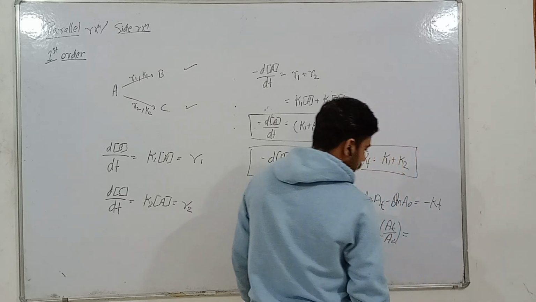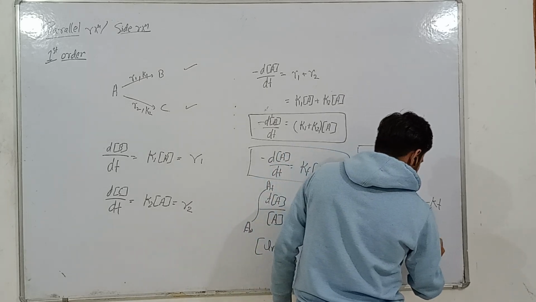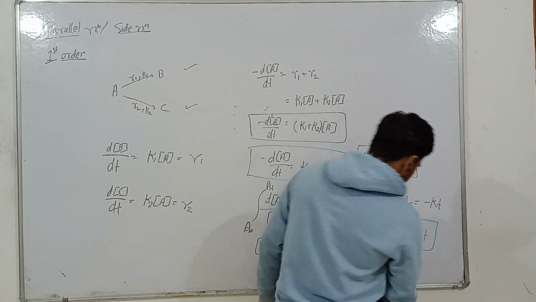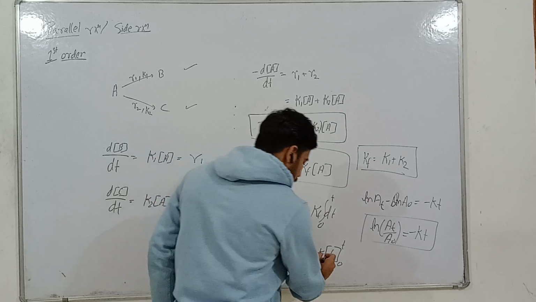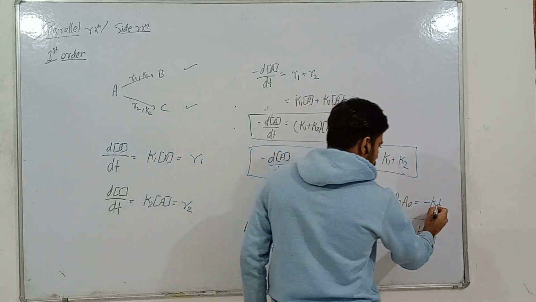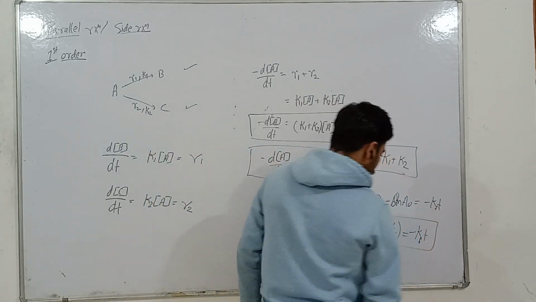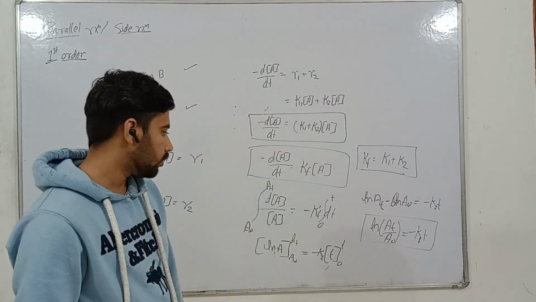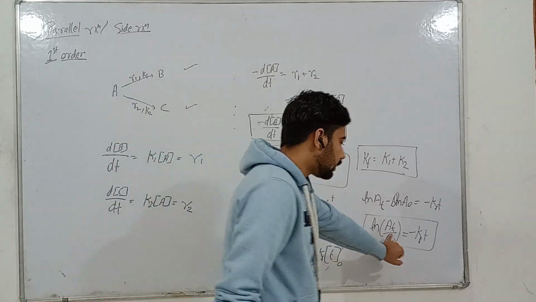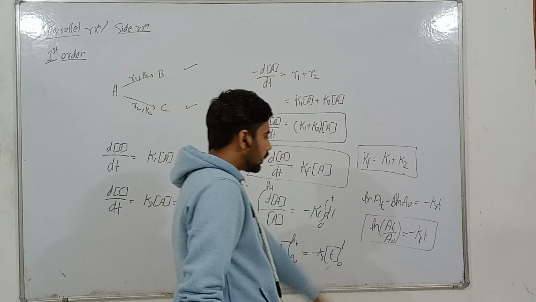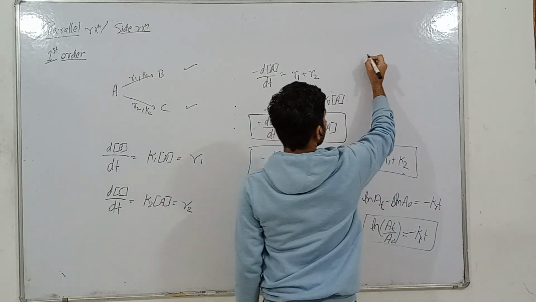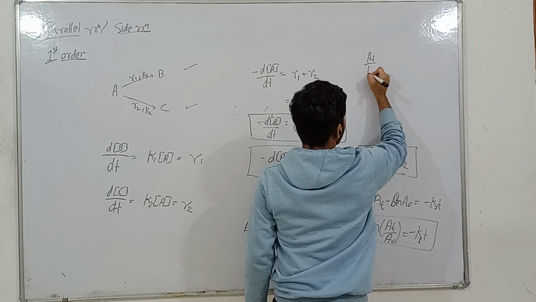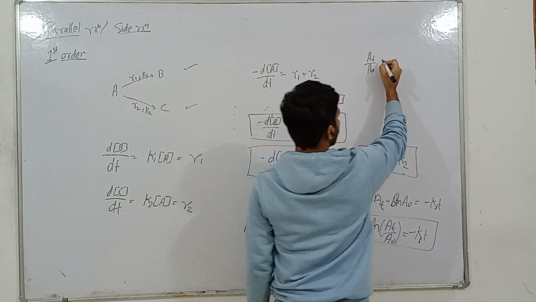This is the log property. So ln of At by A naught equals minus Kf t, where K equals Kf. If we take the antilog, At divided by A naught equals